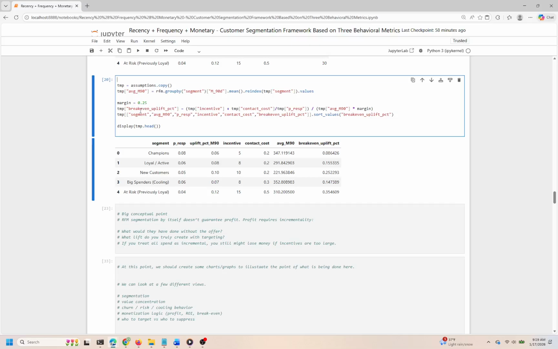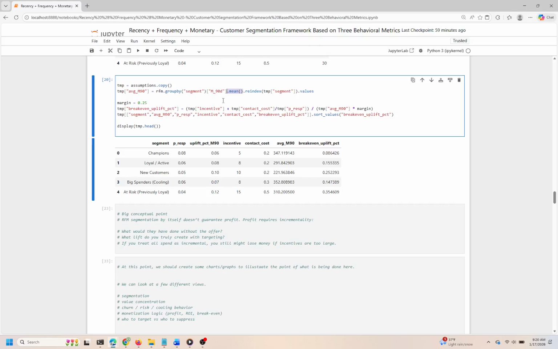Cell 17. In this cell, we're diving into an analysis to assess the financial viability of different segments based on specific metrics we've calculated. This is crucial for understanding which segments provide the best return on investment, especially when planning marketing strategies. The first operation involves creating a copy of our assumptions and then calculating the average customer value over the last 90 days for each segment. We achieve this by grouping our data according to the defined segments and extracting the mean values for M90D, which represents that average. The use of reindexing ensures that our new average values align correctly with the segments listed in